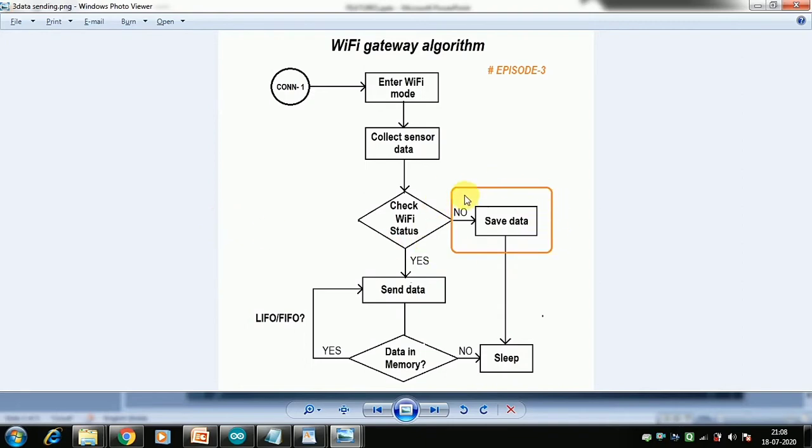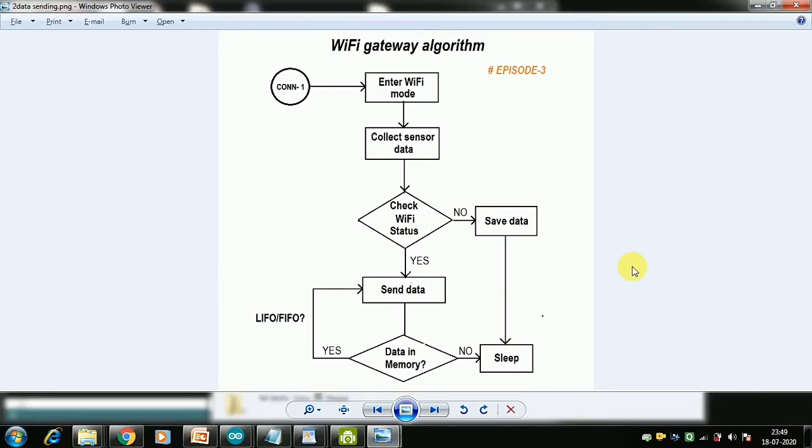So let's begin. Let us take an agricultural use case. Say we are monitoring soil moisture of a field. Soil moisture is not data that needs to be continuously monitored. It can be monitored, say, every 2 hours. These field-deployed devices are normally battery driven, so to extend their battery life they work in a wake up and sleep cycle.